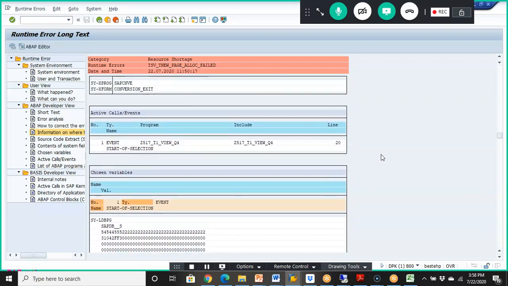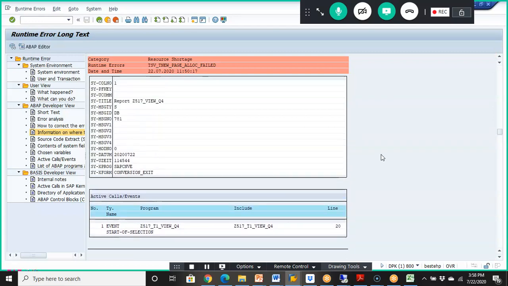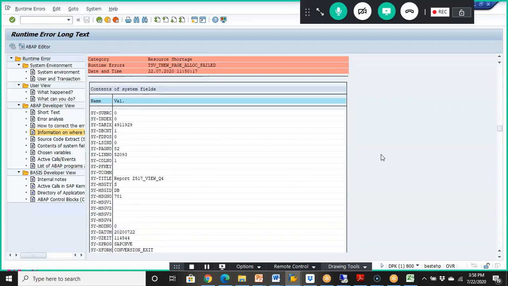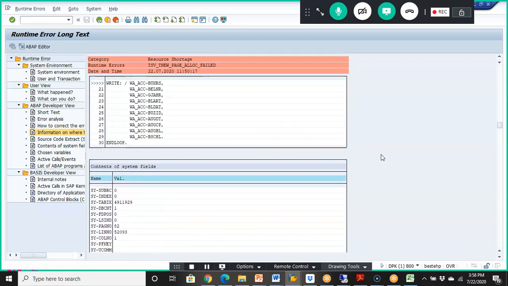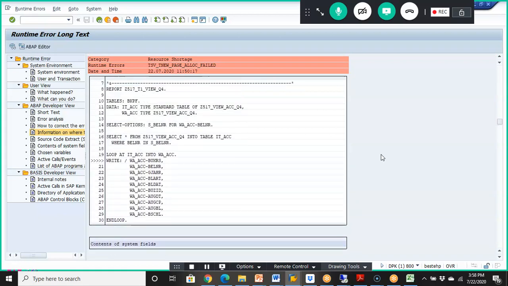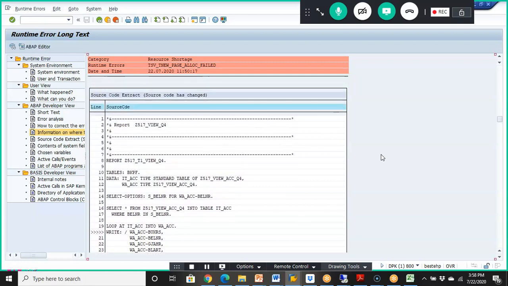In this program, if you want to get into the program, you can directly click on this heading. So here we have the source code extract.